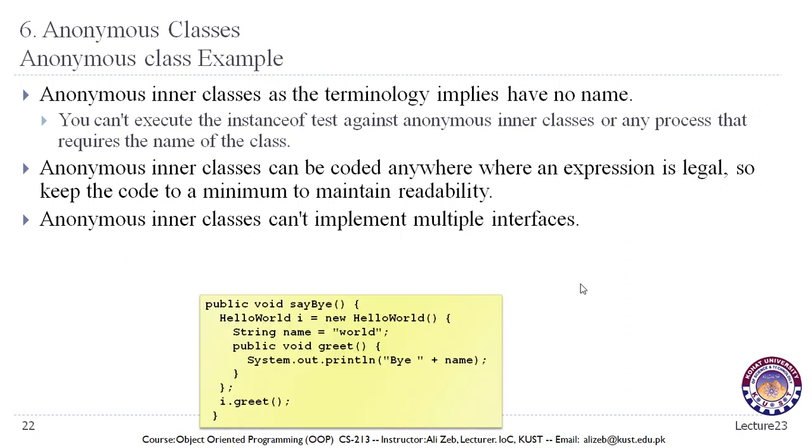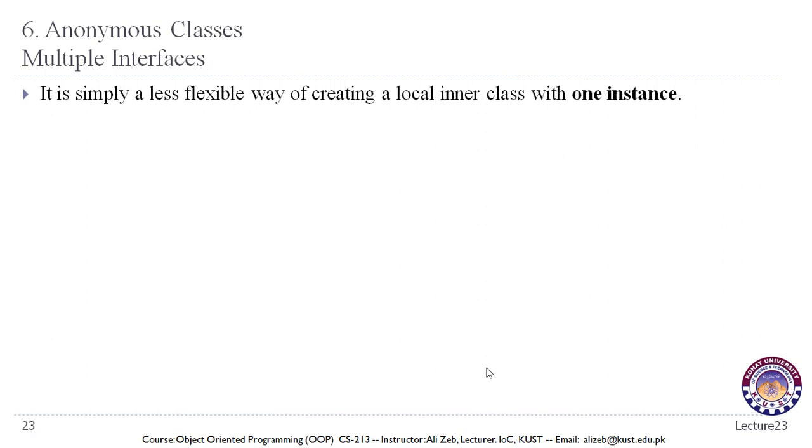For example, we have this method where we are declaring an anonymous inner class. As you can see over here, the class will be declared and initialized over here and returned to this variable of this interface. Once we have that, we can then call this method with this variable, and we will get this output. Since we said that it cannot